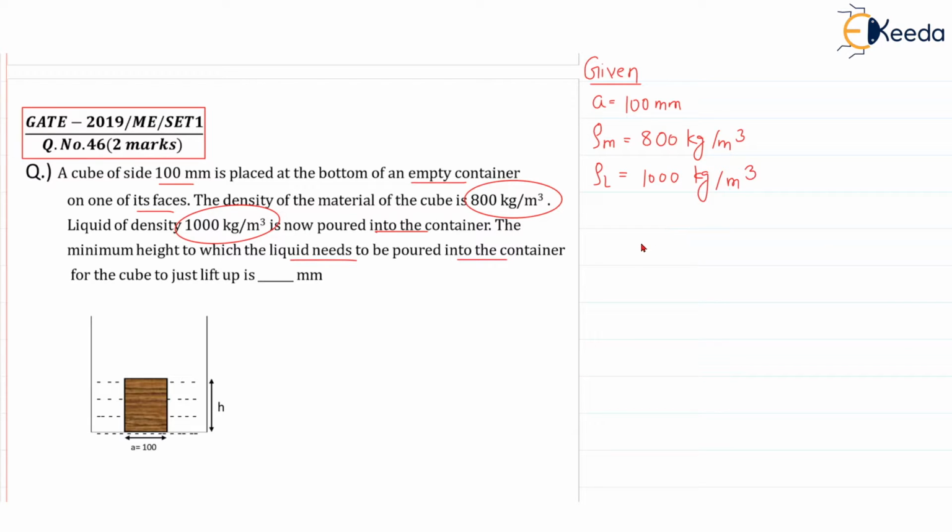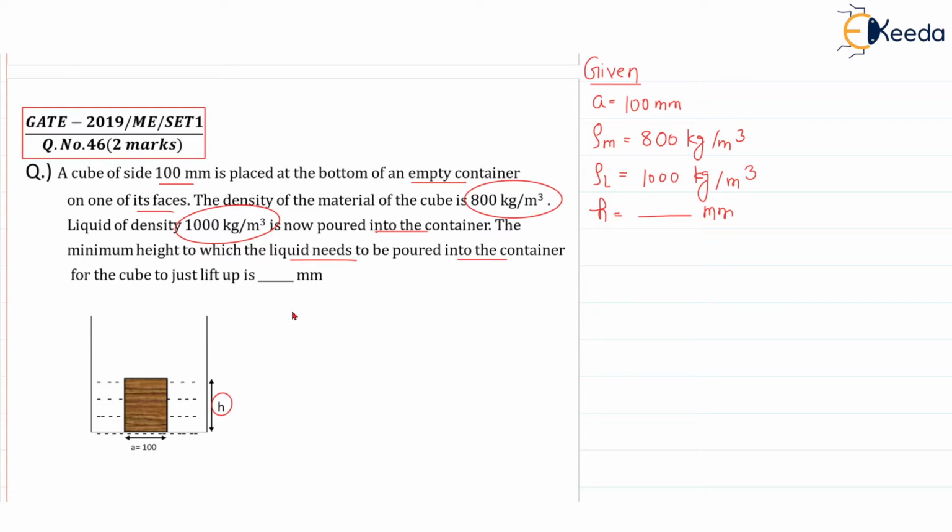Okay, the concept is very simple here. The buoyancy force is always in the vertically upward direction, and the weight of the body is always in the vertically downward direction. So we have to just make these two forces equal, and we can get the unknown data. Buoyancy force will always be equal to the weight of the liquid displaced, correct? And H we have to find in millimeter. So this is the complete given data. The diagram is here, you can see. You have to find this H value in millimeter.